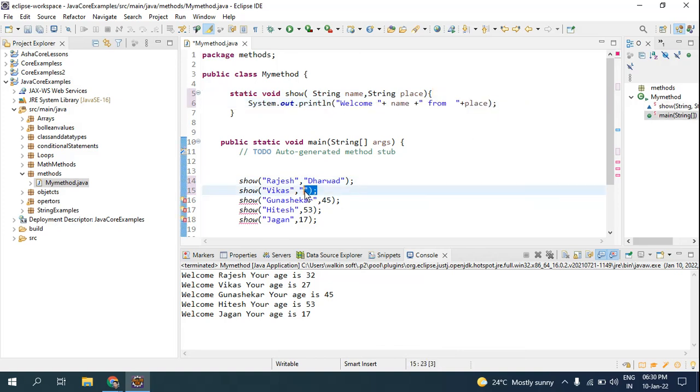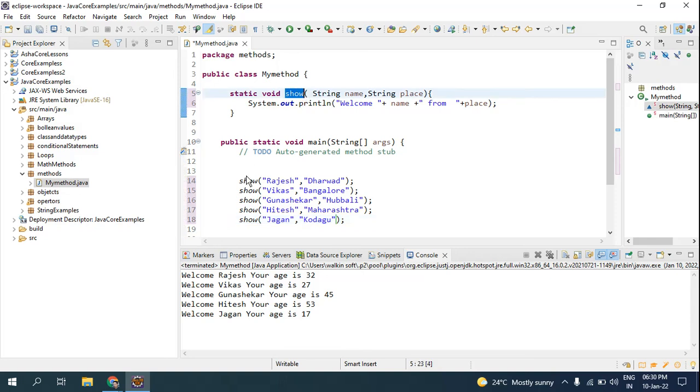So I'll make it Bangalore, and Gunashri from Hubballi, and Hitesh from Maharashtra, Jagan from Kodagu.